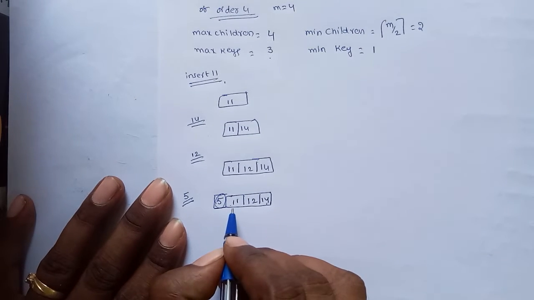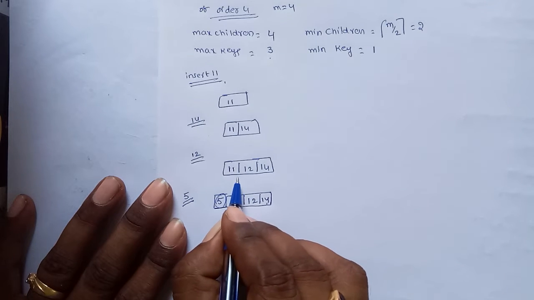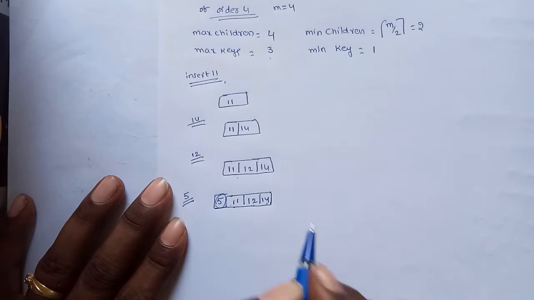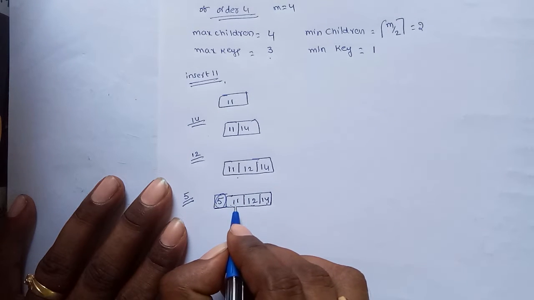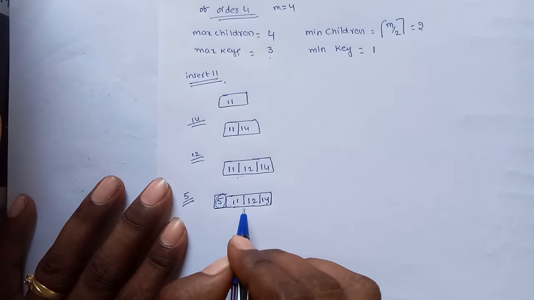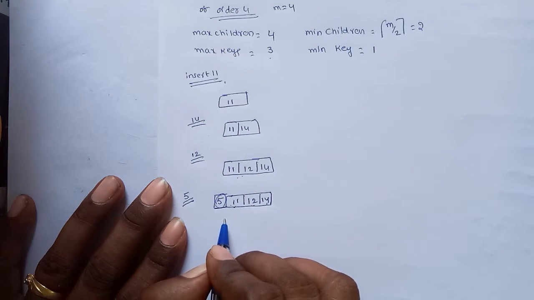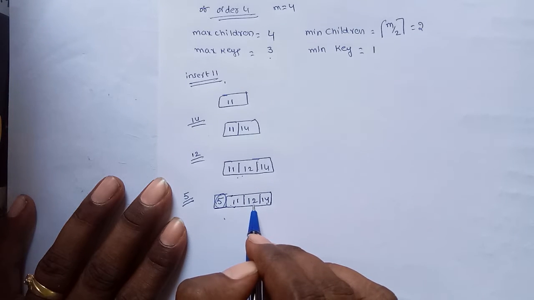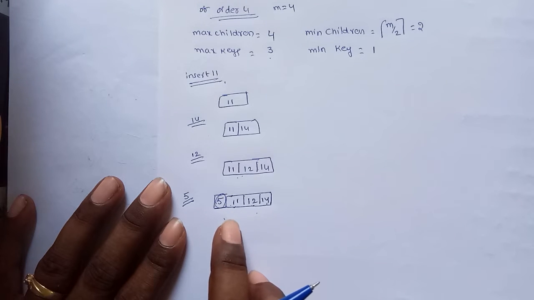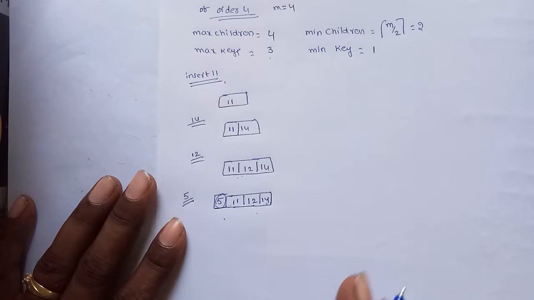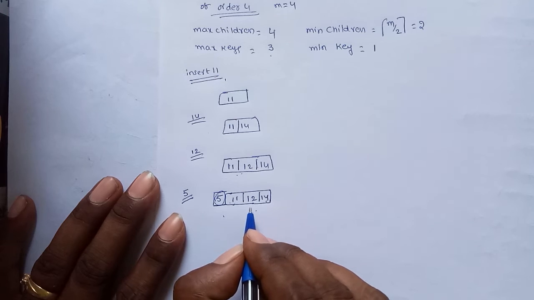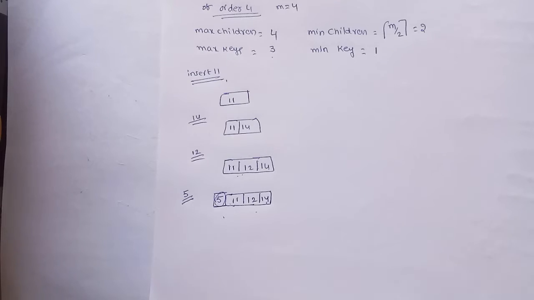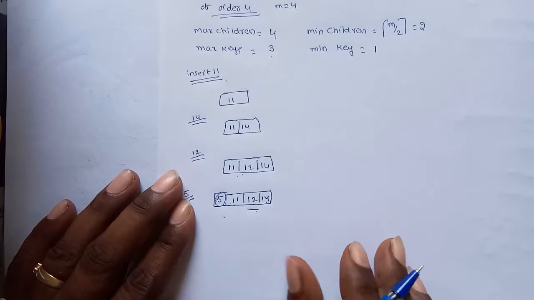We have two cases, either moving 11 to the root or 12 to the root. This is called left biased, this is called right biased. So both are correct. If we are moving 11 to the root, remember throughout the program we apply left biased. If we are moving 12 to the root, throughout the example perform right biased. That is, follow completely either left biased or right biased. Generally we are using right biased. In B plus trees generally we follow right biased. So I am moving 12 to the parent.